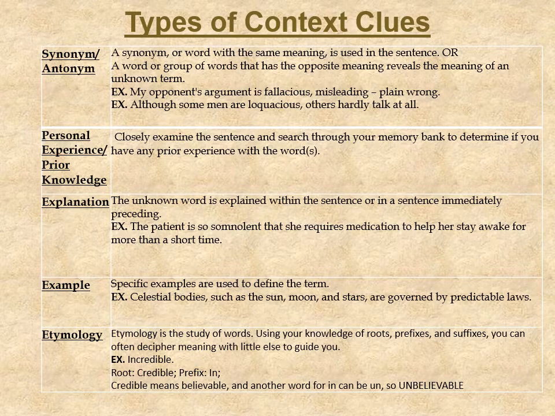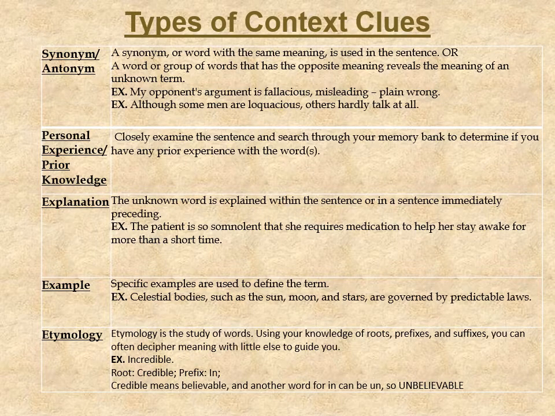The third one is an explanation. The unknown word is explained within the sentence or in a sentence immediately preceding or after. And this example helps illustrate this explanation strategy really well. It says, the patient is so somnolent that she requires medication to help her stay awake for more than a short time. The word somnolent, we can establish a meaning based on the explanation that we get later in that same sentence. It says she's so somnolent